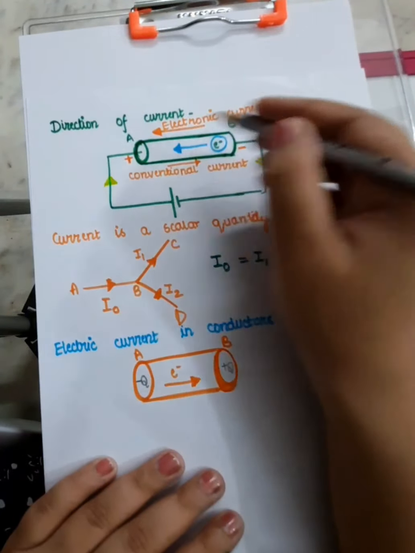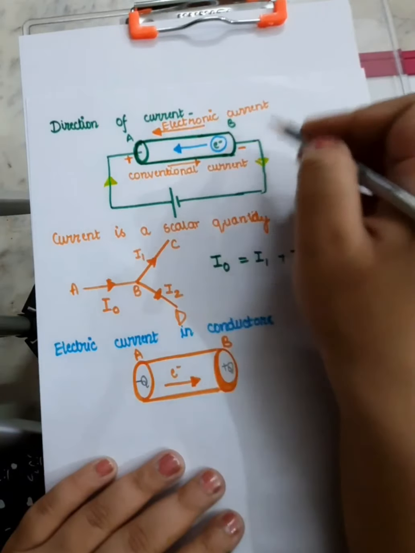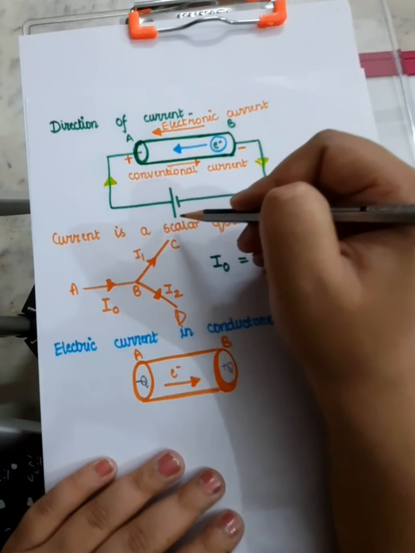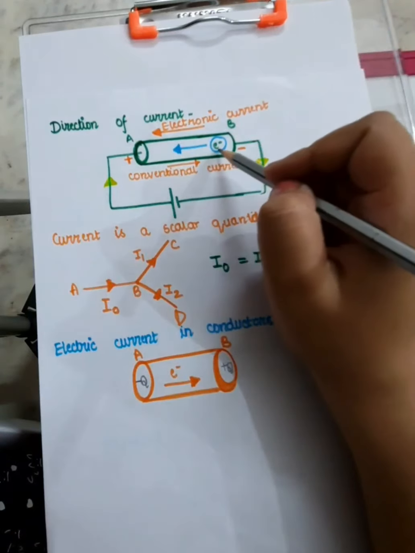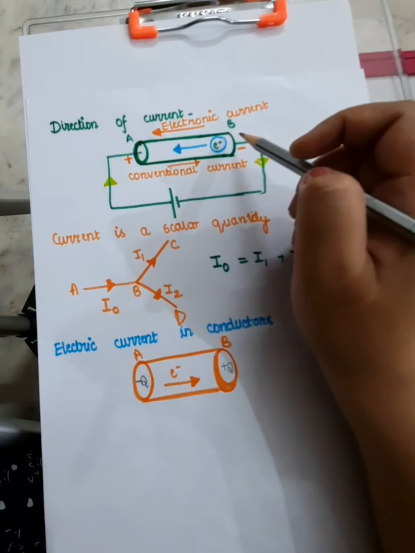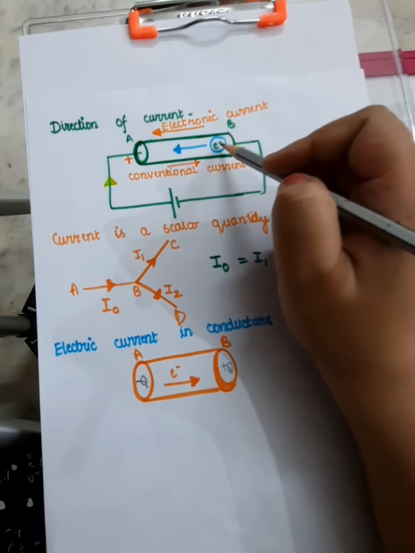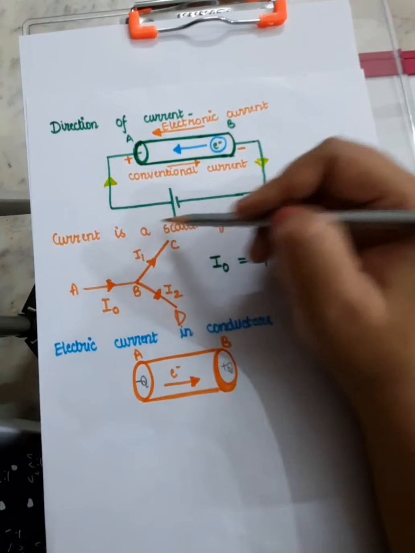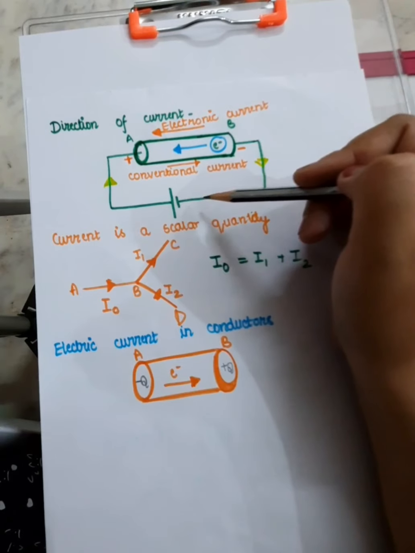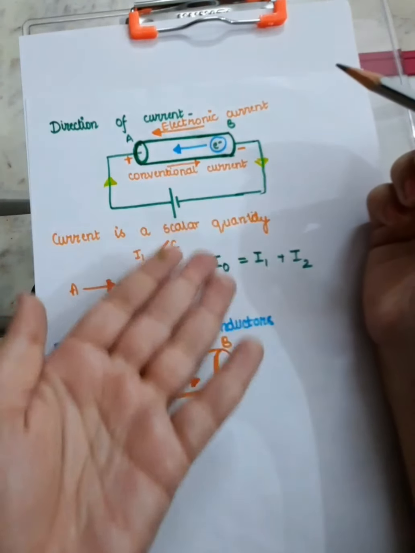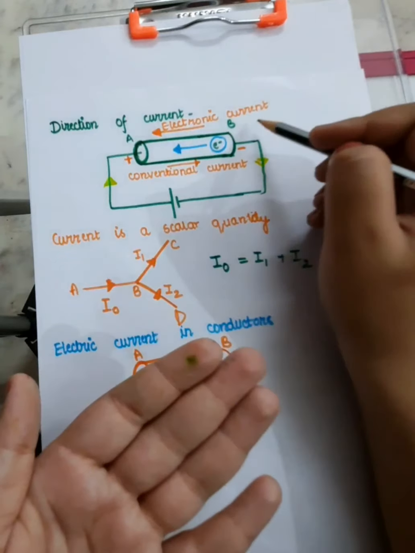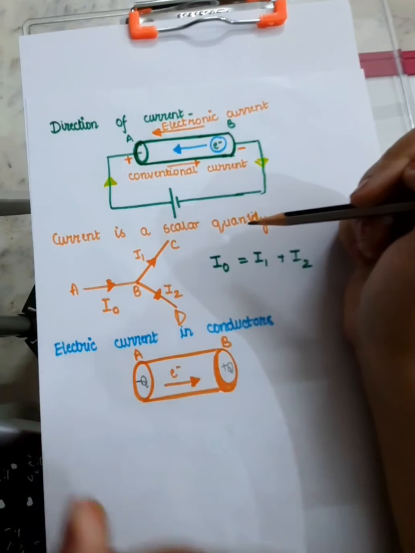Suppose this is a conductor and its two ends are connected to a battery. One end connected to the positive terminal of the battery and the other end connected to the negative terminal of the battery. Now since this is a conductor, so this must be having free electrons, and all those free electrons must be moving towards the positive terminal of the battery because they face attraction. So this is constituting an electronic current, but we don't take this direction because